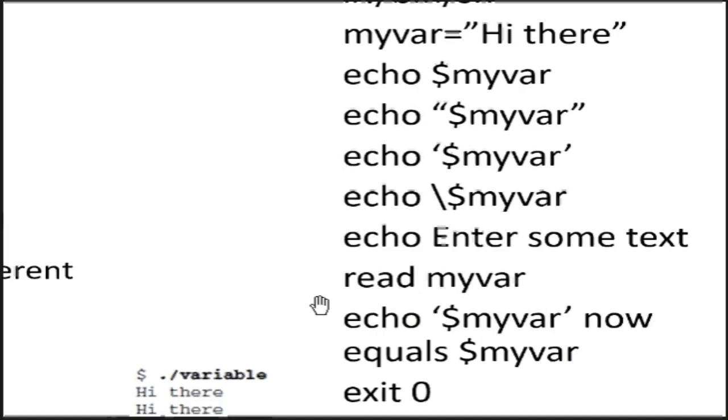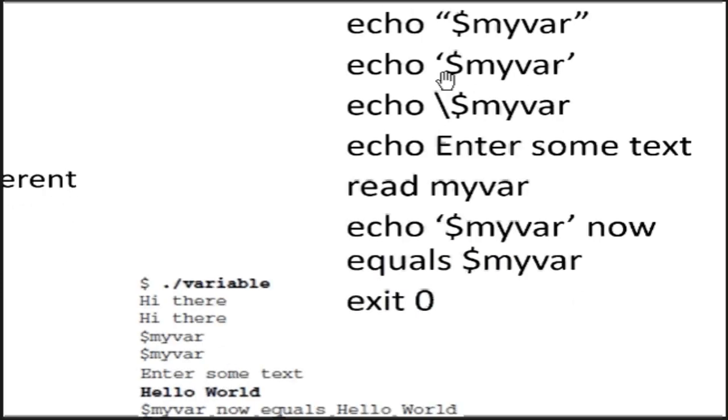where $myvar will display the output hi there, and when I specify the variable name in double quotes, it will display hi there. When I write the variable name in single quotes, it will not do any substitution. That means the substitution will not take place, so it will display $myvar as it is as an output, but it will not display the value of the variable.